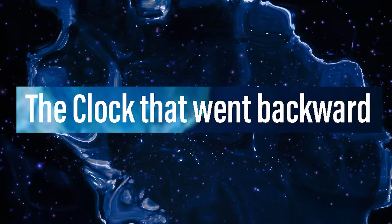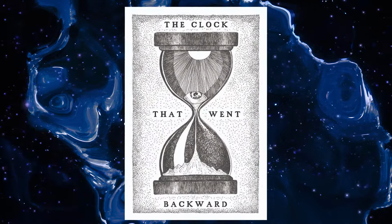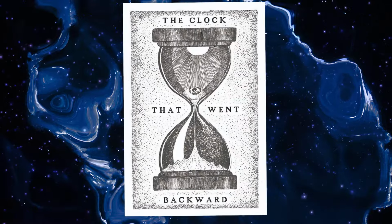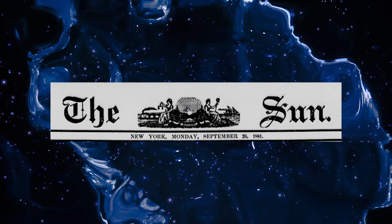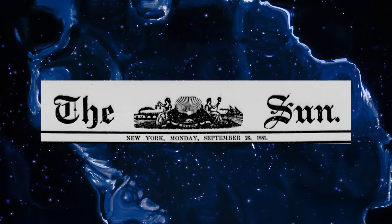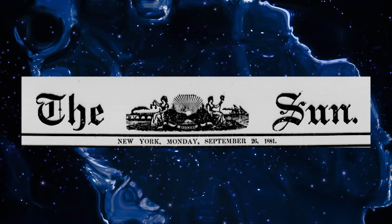The clock that went backward. The clock that went backward is said to be the earliest known use of a mechanical device used for time travel purposes, even predating Big Boss H.G. Wells. The story was anonymously published in the Sun newspaper in 1881 and was rediscovered about 100 years later by